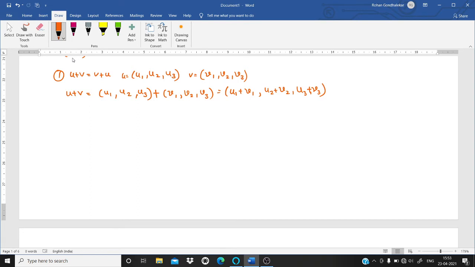Addition of two numbers can also be represented as: u1 plus v1 can be written as v1 plus u1, the next can be written as v2 plus u2, and the next can be written as v3 plus u3. So it can be separated like v1, v2, v3 plus u1, u2, u3, which is nothing but v plus u. It's an obvious proof. So one can show it geometrically also.